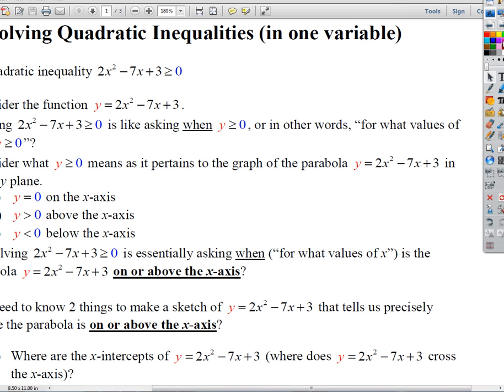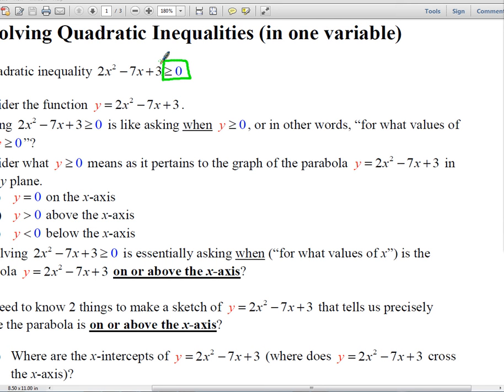There we go. Okay, so that's the part I'm interested in. That tells me the part of the parabola that we're interested in. Of whatever this parabola is that we're going to sketch, we want the parts of that parabola that are on or above the x-axis, because we want when it's greater than or equal to 0, right? So going down to our sketch,